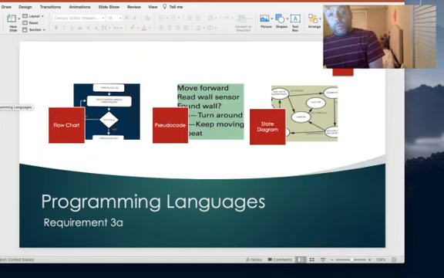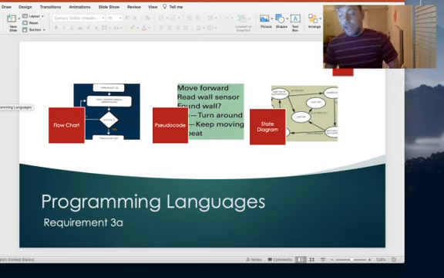Now, when you're working within any one of these programming languages, it's very important to be able to actually plan out what it is that you're going to write. And we can take a look at a couple of different examples here of how you can plan out an application. One of the most common ways of planning out an application is to use a flowchart. A flowchart basically puts boxes on the screen that you can use to determine what an application should be doing